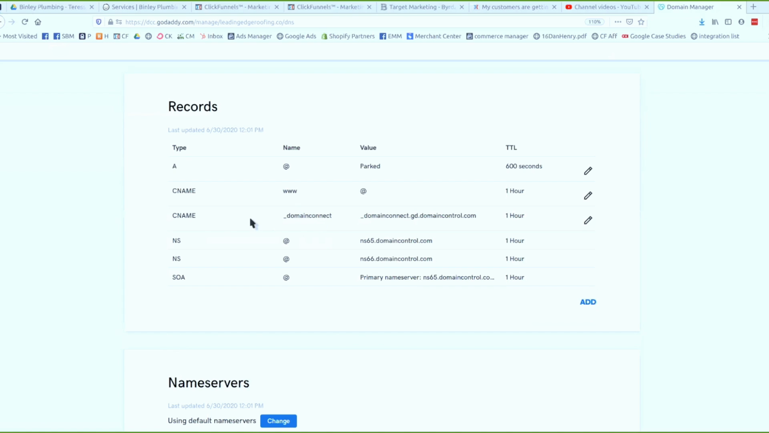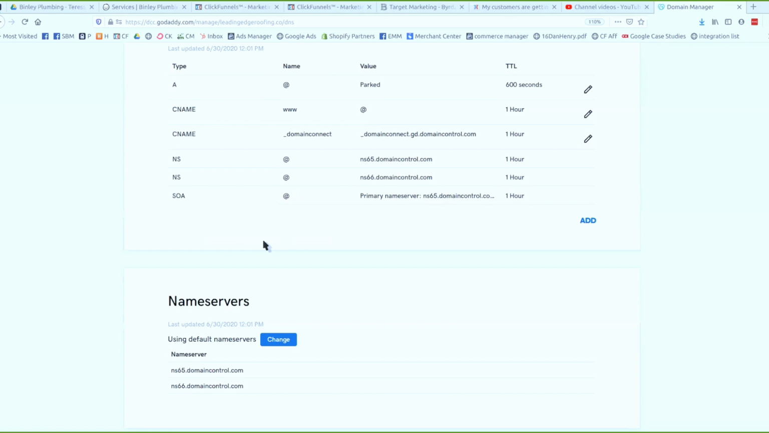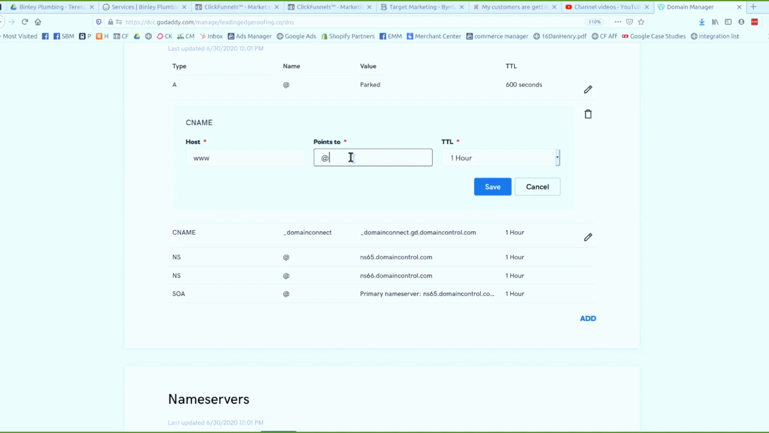Okay. So on GoDaddy, what we're going to do is we're going to set up this CNAME here. Right now, the CNAME is pointed to go to GoDaddy's Park Domain Service, and so we're going to update that. We're going to change it. We're going to point this to